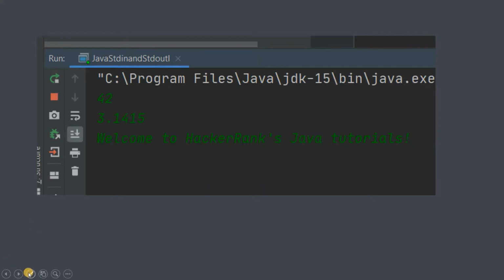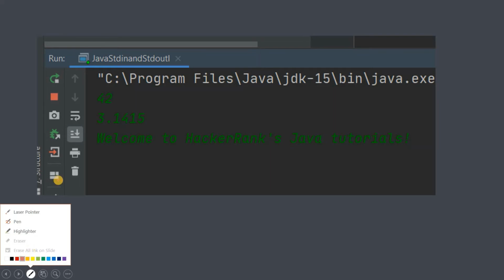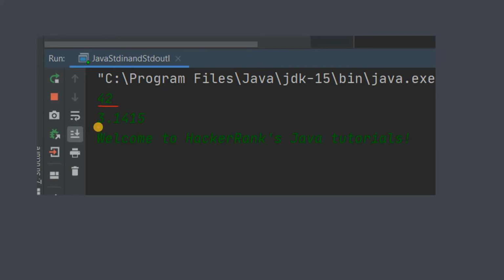So see, this is my input format, right? Right now this is my integer value, then the double value, and then the string, whatever it is, separated by spaces. If you use next instead of nextLine, it will just detect the first word, and the spaces it will not detect. But if you want to detect the whole line of the string, that is with spaces, then you will have to use the nextLine method actually.